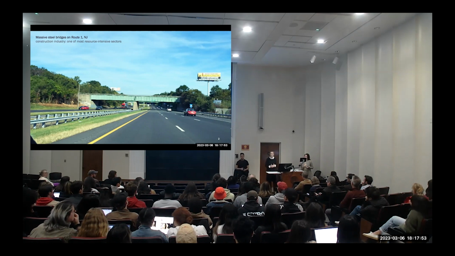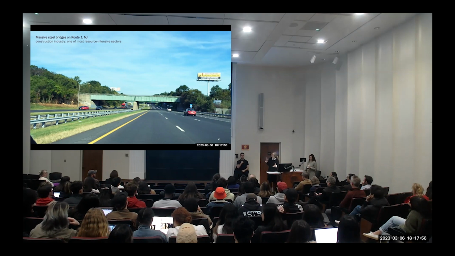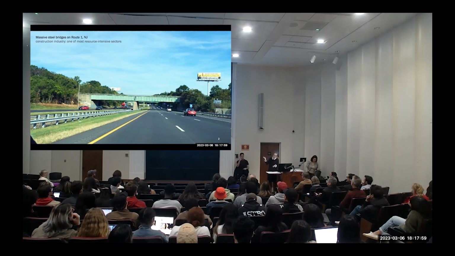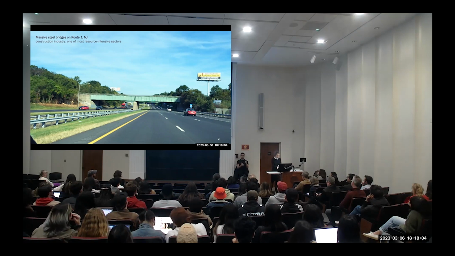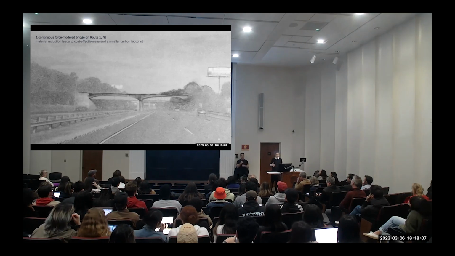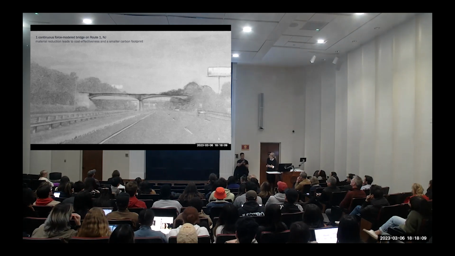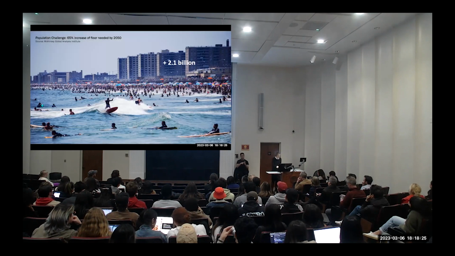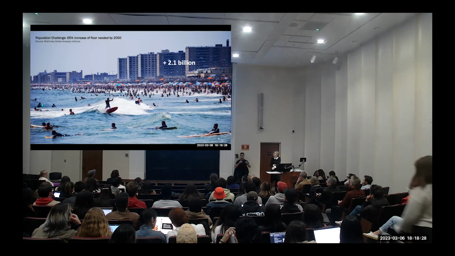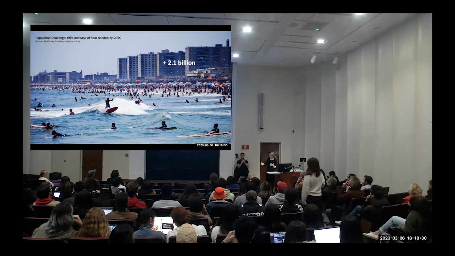Yeah, that's good. So I'm always a bit shocked when I see these bridges, because the construction industry is one of the most resource intensive industries. I learned when I was at university that if you want to design a bridge according to the forces that are in it, you would design it like this. And this is the sketch. And you see there is about 30% less material in this. Of course, that means that the bridge would be cheaper, but it would also have a smaller carbon footprint.